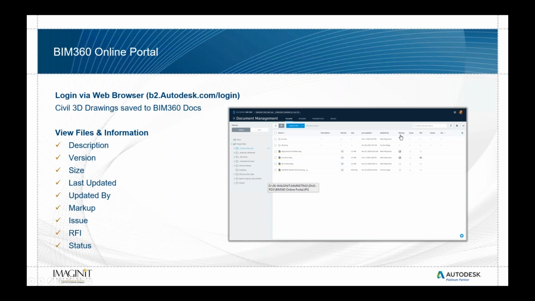There's also columns for markups and issues and RFIs, and any files that have those items would then have highlighted icons there. So you can see, the screenshot's a little bit small, but my alignment and profile has a markup, corridors has a markup, and also an RFI. So that's a little bit more formal in terms of project management. And that's going to allow you to quickly see what's going on and keep track of the status